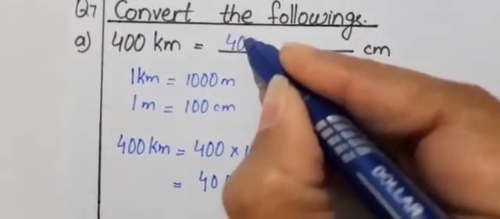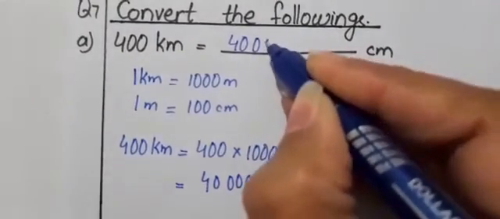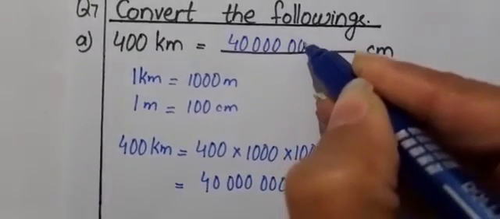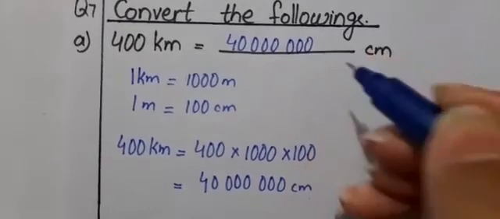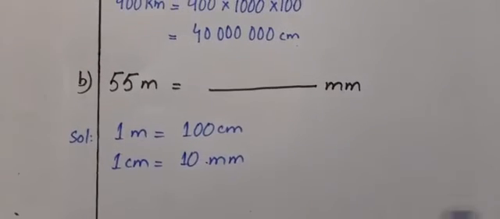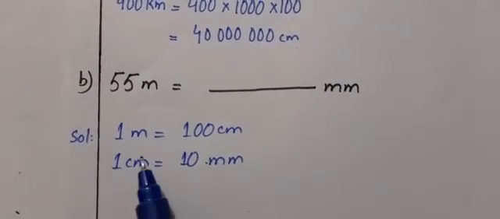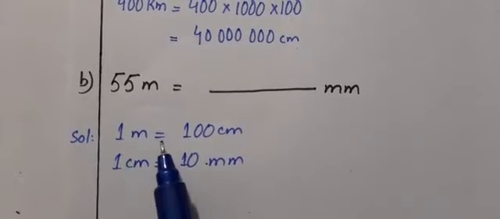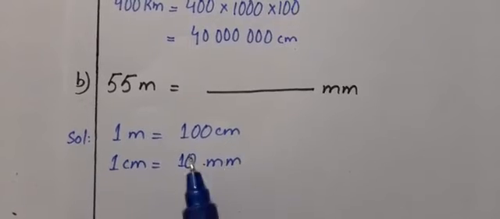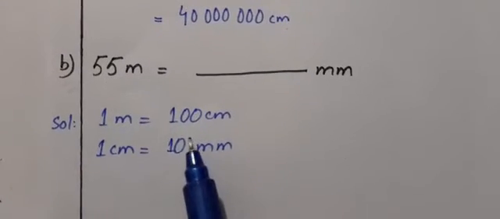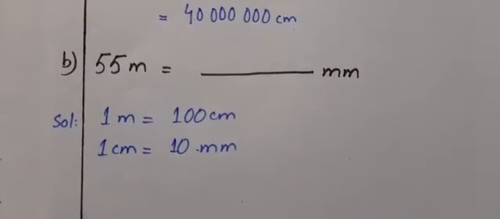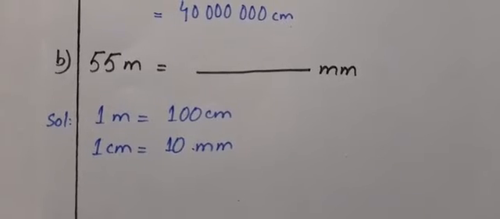And we all know in the international place value system, we have to skip the space after 3 digits. The commas are now not used. Okay. Now we will move toward our next part. Our next sum, boys, is 55 meters into millimeter. So in the solution, we will first write 1 meter has 100 centimeter and 1 centimeter has 10 millimeters. So what we are going to do in the solution, 55 multiply by 100, then multiply by 10. I am not solving this sum. I will leave this sum on you. Please do it and write the answer.